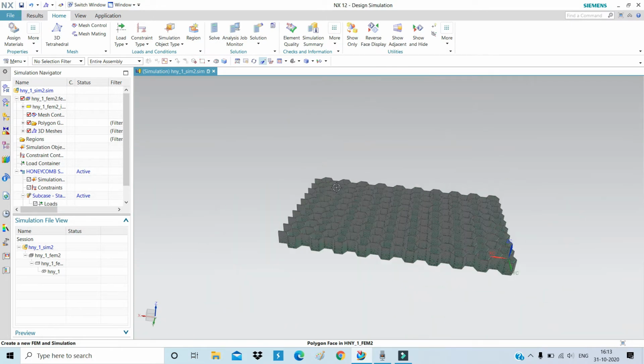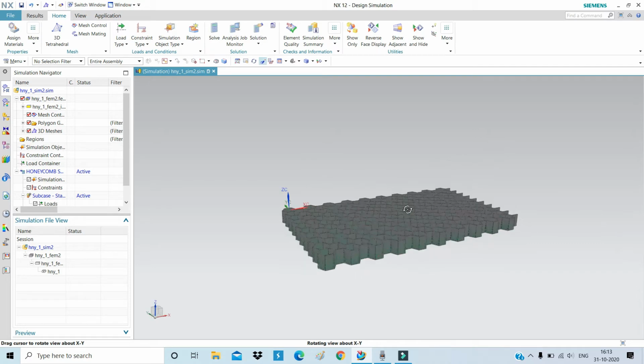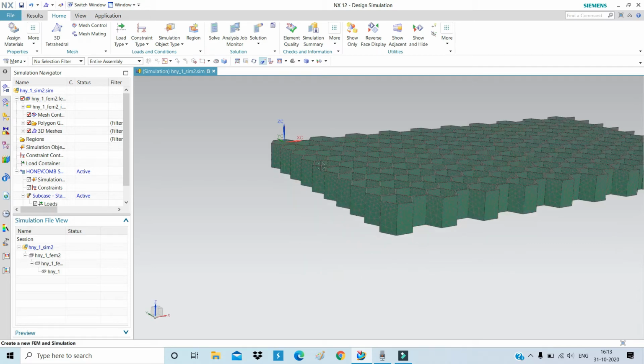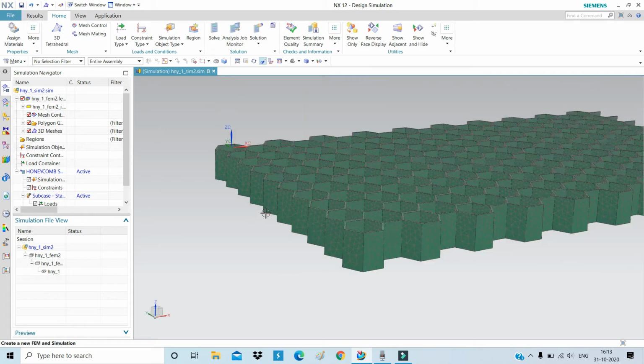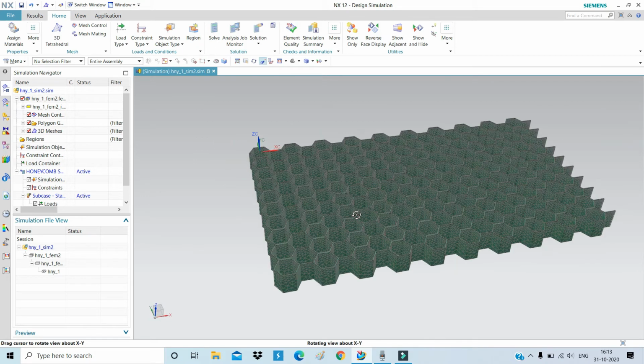Okay, our next step is giving support or creating a load. Let's start this process.